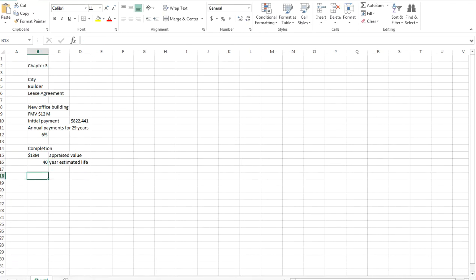And so the question asks us to do the journal entries that the city should make for both the Capital Projects Fund and the governmental activities at the government-wide level to record the lease at the date of inception. All right, so we have